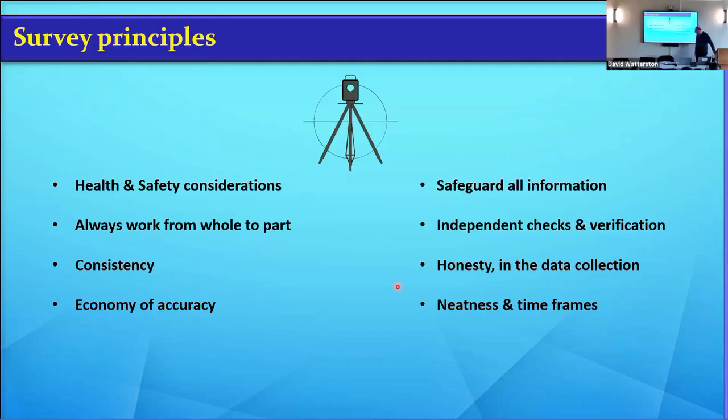Honesty in data collection refers again to the old days, but it doesn't really change even in modern days. People would fiddle the level closures. When you're leveling, you're meant to start at one point, work your way around the site, and come back to another point, and you add up the backsights and the foresights to get closure. And if that closure is more than 5 mil, 10 mil, then it means one of your levels is wrong